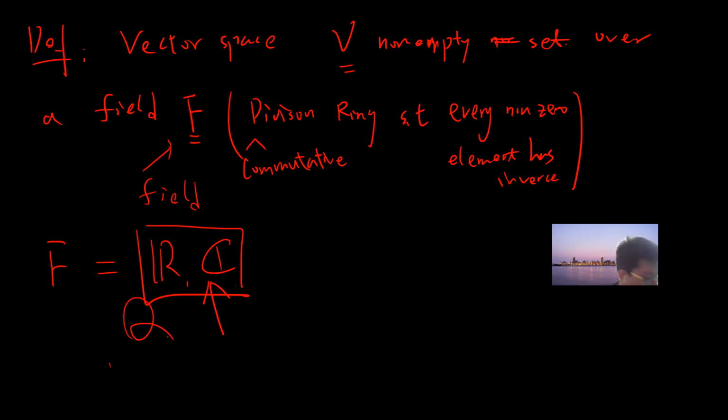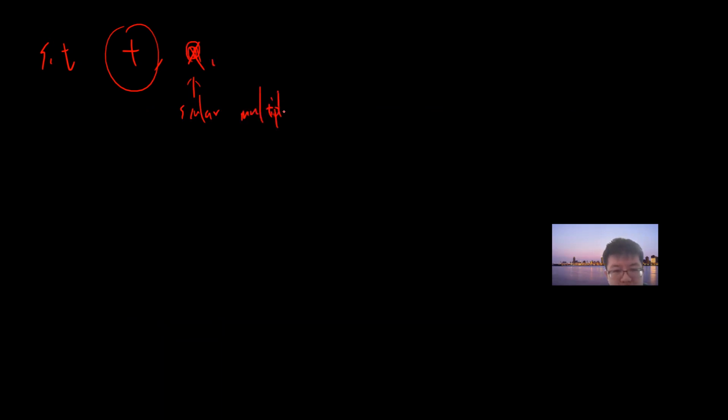Complex numbers, such that we have two operations. One is plus, one is the scalar multiplication. I may use times or just juxtaposition. So this is a scalar multiplication, such that